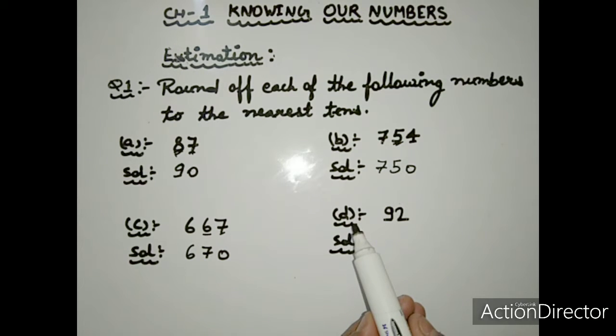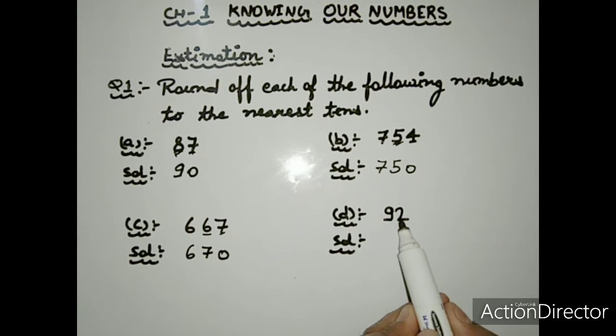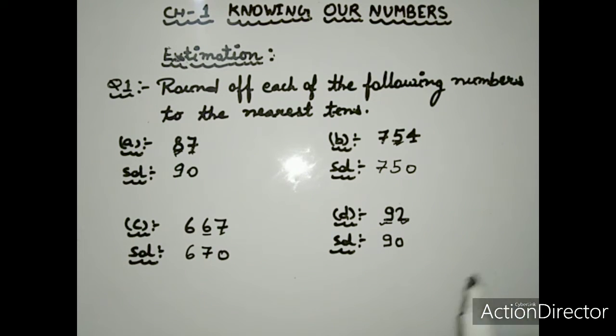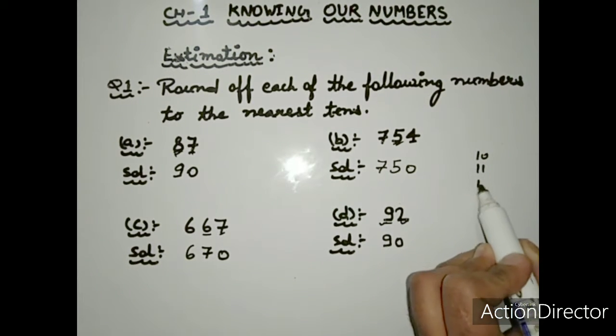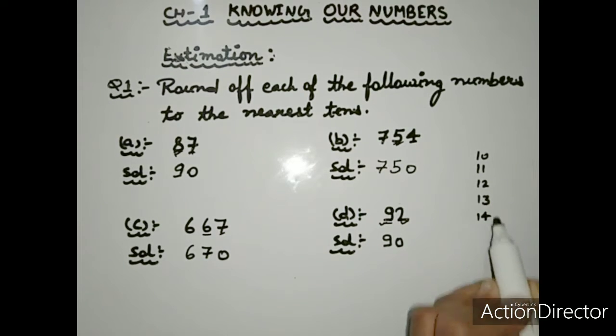Now the D part. There is 2 in the ones place and 9 in the tens place. The required place is the tens place. The digit in the required place is 9 and the digit in the ones place is 2, which is smaller than 5. So the digit in the required place remains the same. We write 9 as it is, and the digit in the ones place is replaced by 0. Dear students, you can also round off numbers like 10, 11, 12, 13, 14,